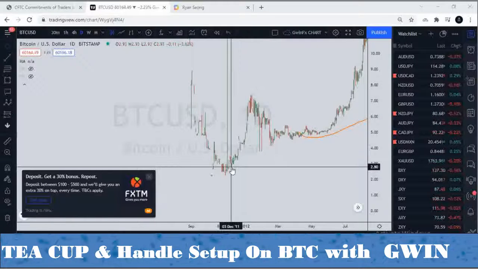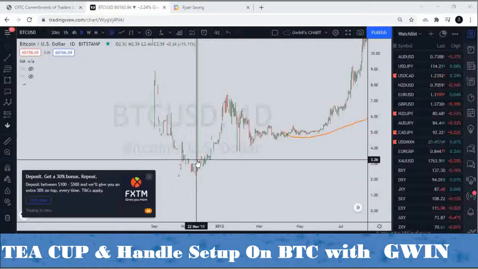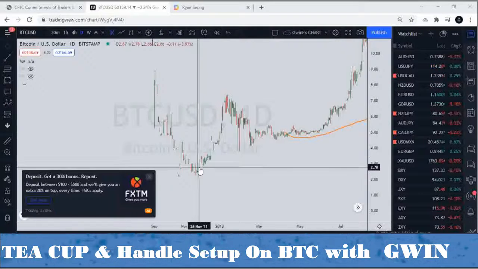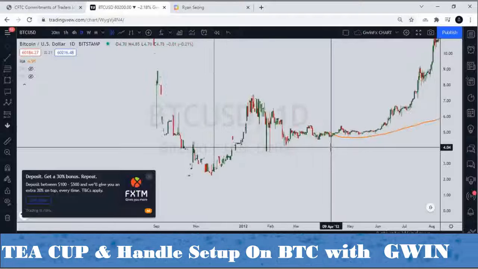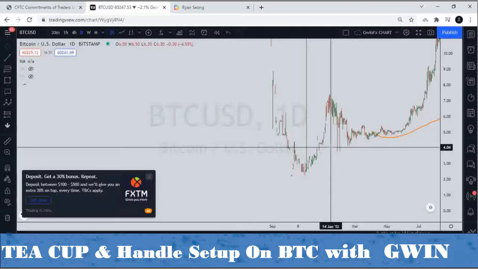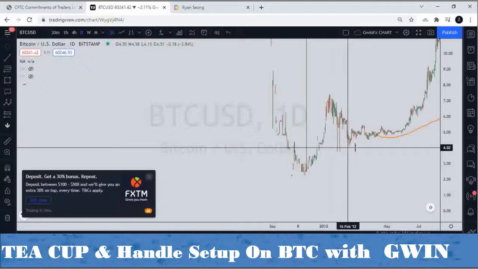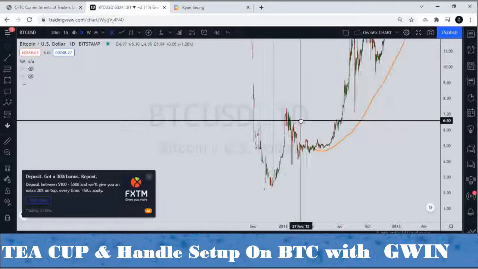I wish I could go back as far as 2011, when we had BTC trading inside of $2. I look at this and tell myself I would capture a lot of positions, accumulating as many as I can. But we can't really turn back the hands of time, what we can really do is